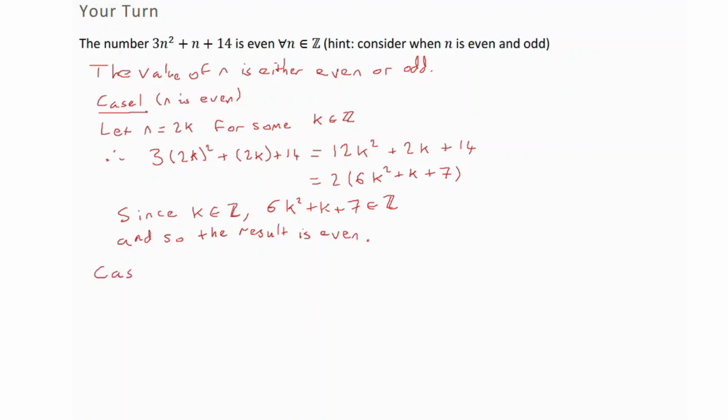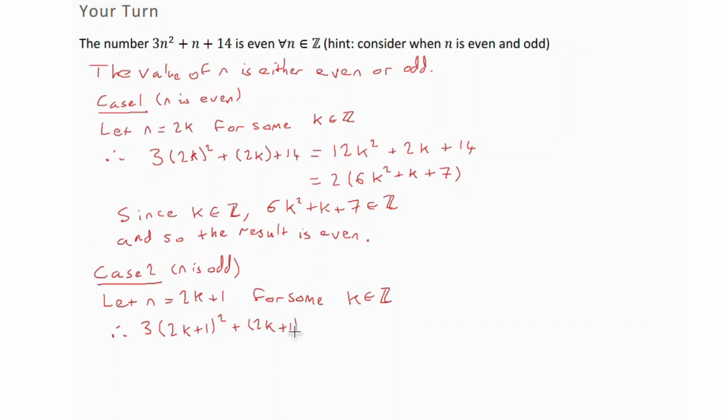So when n is even, we know now that the result is going to be even. Now let's consider the second case, case 2, which is when n is odd. We're going to do much the same thing. Let n be, in this case, 2k plus 1, again, where k is an integer. Substituting in for n as 2k plus 1, we get this,